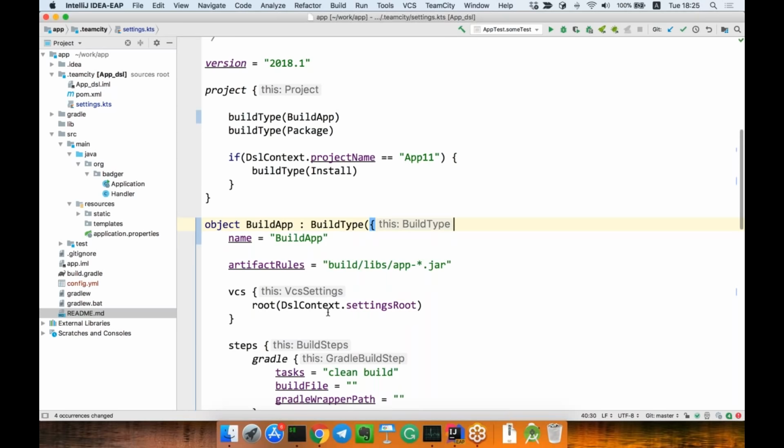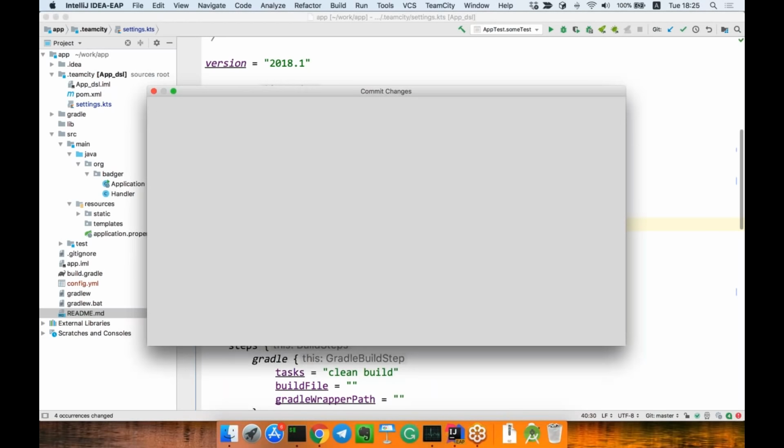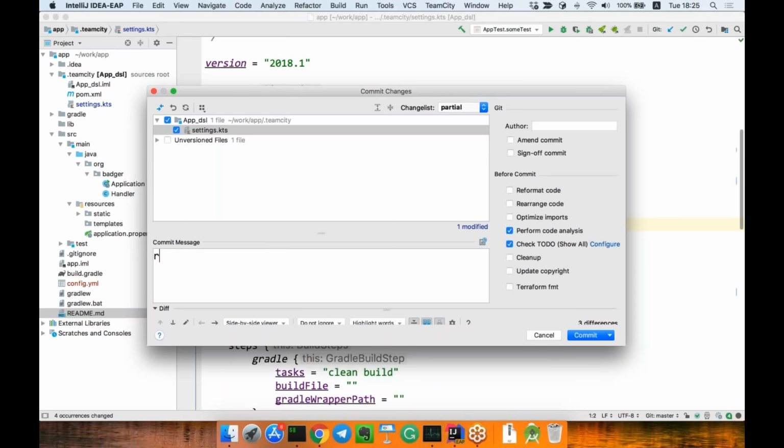So let me demonstrate that. So I have renamed the class, and now when I commit, I will actually lose the history. With minor refactoring, what could all go wrong, right, with the minor refactoring? So let's push,